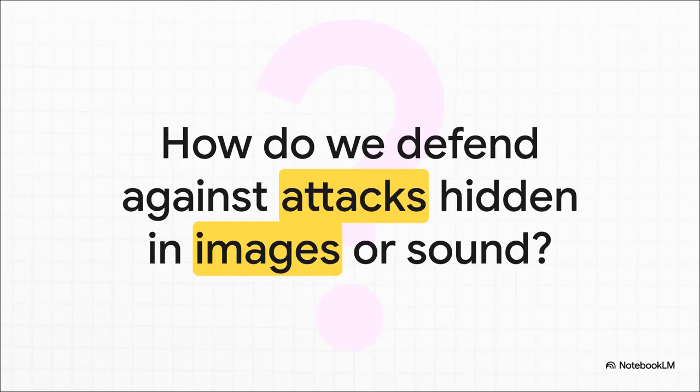And that brings us to what's next. So far, we've only been talking about text, but the models are already multimodal. So what happens when the attack isn't in a string of words, but hidden in the pixels of an image? Or encoded in a sound wave? All of our text-based defenses become instantly obsolete. And that leaves us with a really tough question to ponder. How are we supposed to build a defense against an attack we literally can't even see?